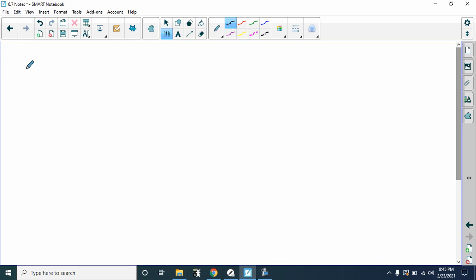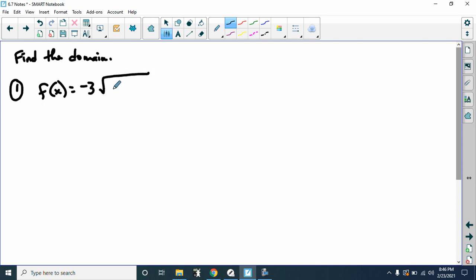And then the other thing we talked about in class today was finding domain. Find the domain of each function. The first one, let's go with f of x equals negative 3 times the square root of x plus 5, minus 2. So when you're thinking about what the domain could be, the domain, remember, is which x